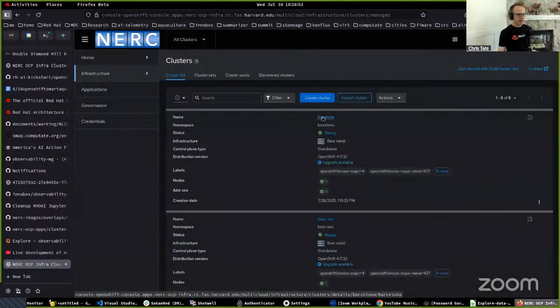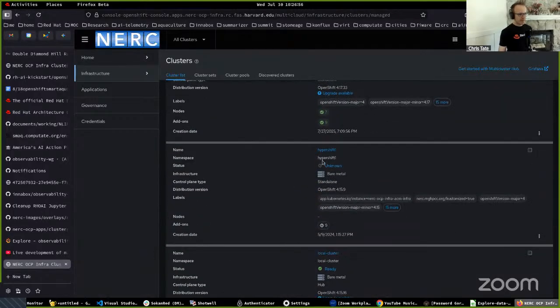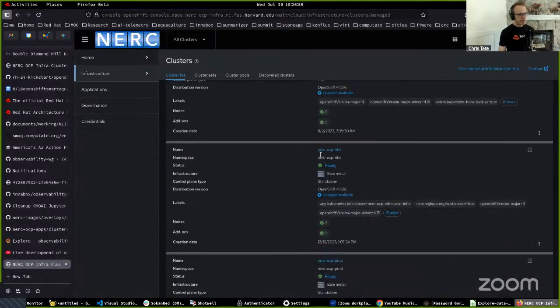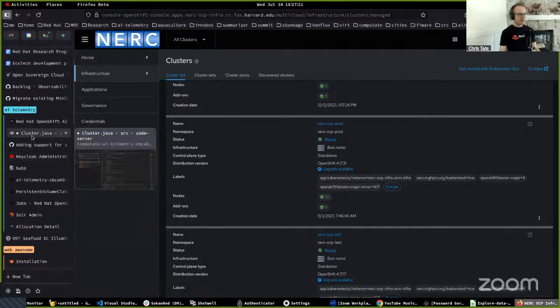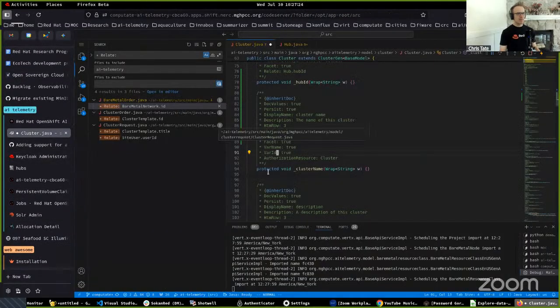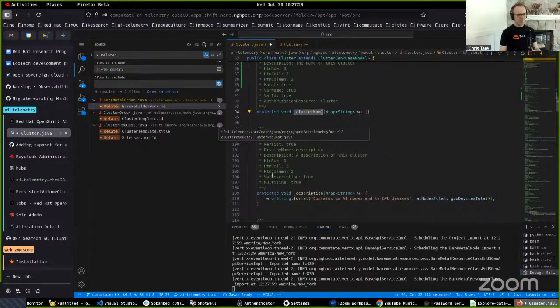And so there's one called Barcelona, Beta Test, Hypershift 1, NERC OCP OBS, NERC OCP Prod. These are the names of the clusters. However, with multi-tenancy, we got to keep in mind that if you have separate ACM hubs, they may have clusters with the same name, but in different ACM hubs. And in multi-tenancy, we need to be more careful to track clusters by the hub name and the cluster name. But I'm going to leave the cluster name the same,